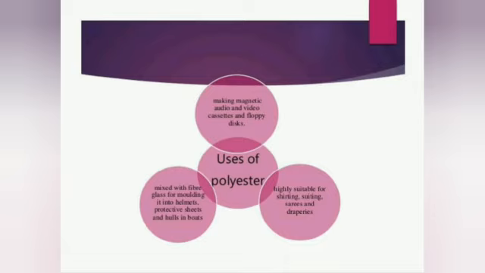I hope you have heard about PET. PET is a familiar form of polyester. PET is the bottles or jars used for the storage of grains and so on in the kitchen. I hope you have seen them in your kitchen also. Your mom will be using them. Those are called PET, which is made up of polyester. So these are some uses of polyester. We have learnt about the properties and uses of polyester.